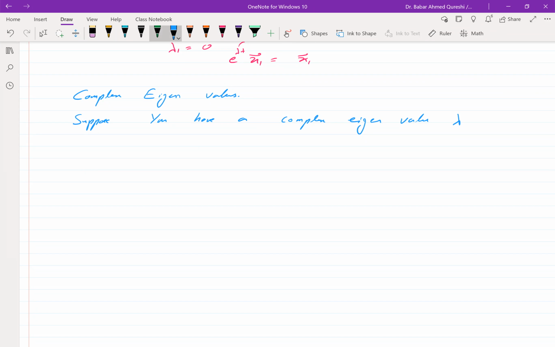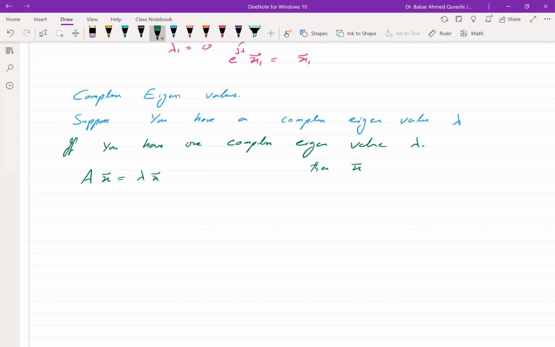Then we proved it last time: if you have one complex eigenvalue lambda, so that Ax is lambda x,